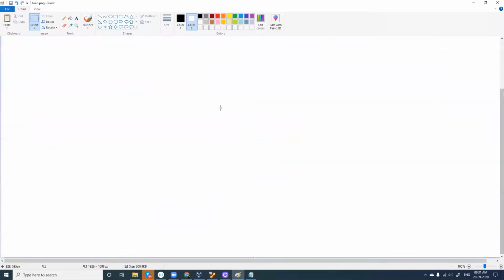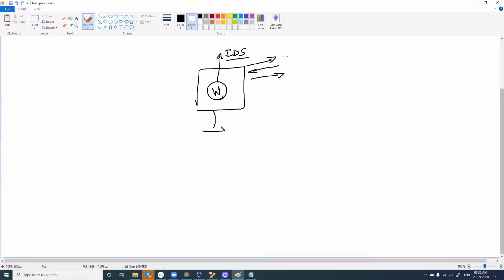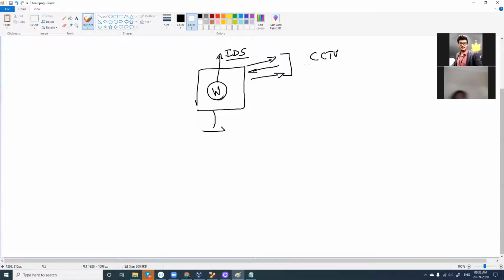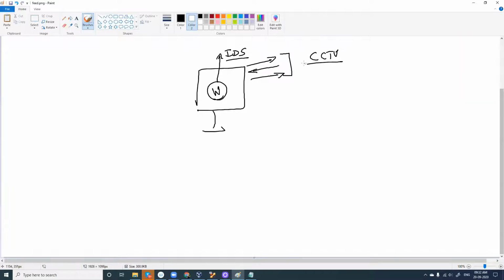Say, my computer here, and I have installed Wireshark. Yes, we have seen Wireshark. Wireshark is like IDS. Technically it is not an intrusion detection system, but it can act like IDS. Why? Because it will show you what is happening, what packets you get, what packets you send. It will show you everything. But can Wireshark prevent any of these from happening? No. It is just like a CCTV camera which records everything. So after recording, you can make use of the data. That's it. It can only detect.